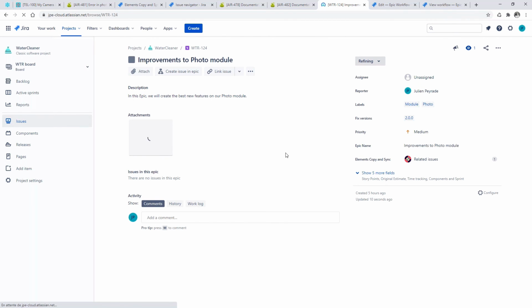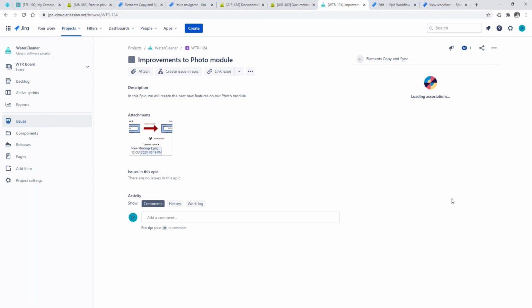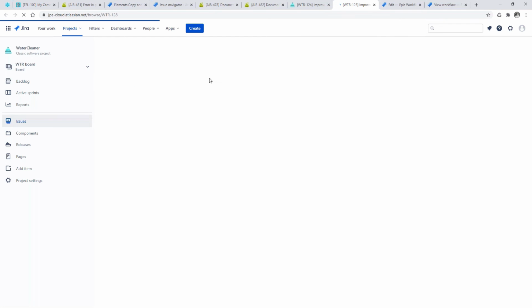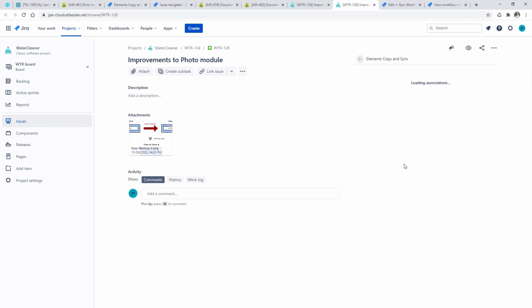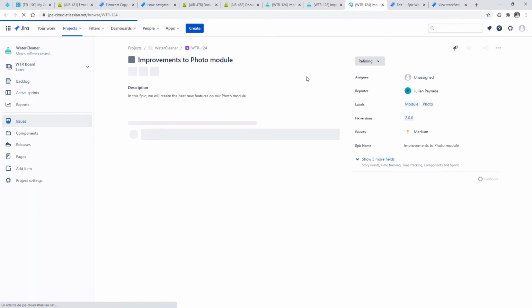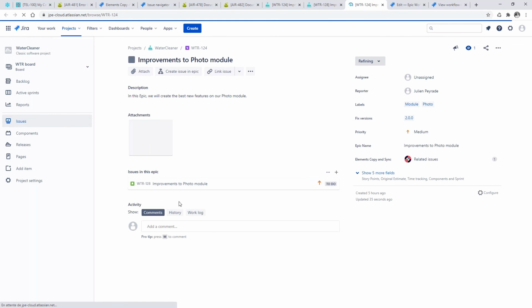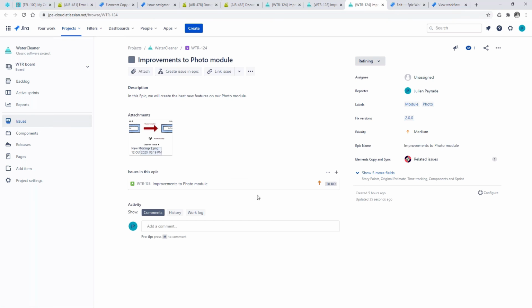it may take a few seconds for the link to be created, but as you can see here in our issue glance panel, the issue has already been created. So I click here, I can see my new issue. And if I open it here, this issue has been created within the epic. The labels have been copied, the fixed version as well, and the link to the epic has been created as well. If I look at the issue glance here, I can find my parent issue, which is the epic, go back into it, and here the issue is visible. It only took a few seconds.